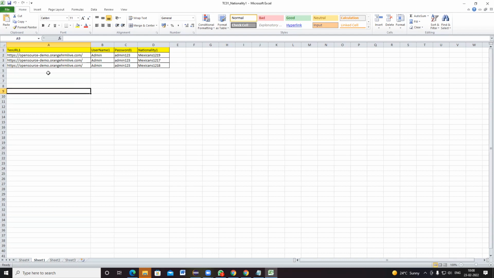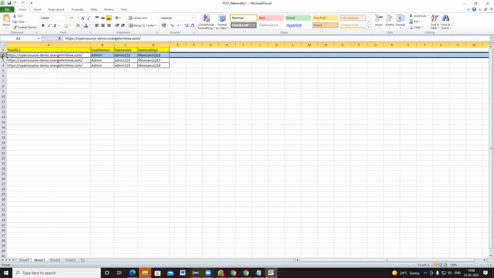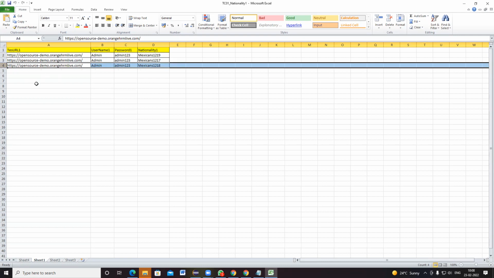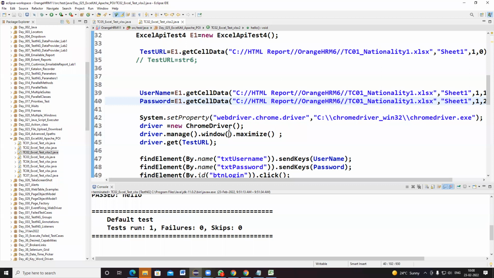I have to write a for loop: for integer i equals 1, i less than or equal to 3, i plus plus. This is called the 0th row, this is the first row, this is the second row, and this is the third row. That is the logic I have to write.